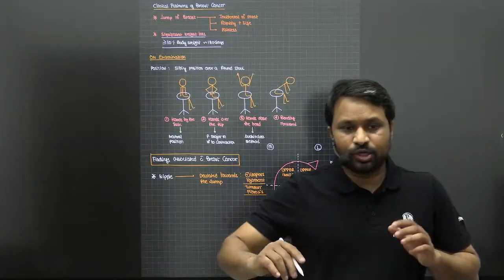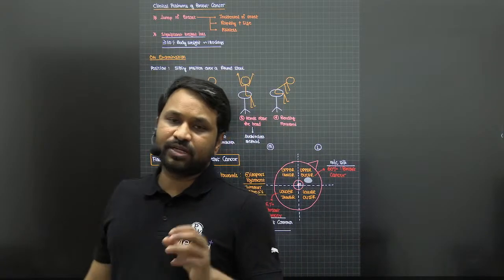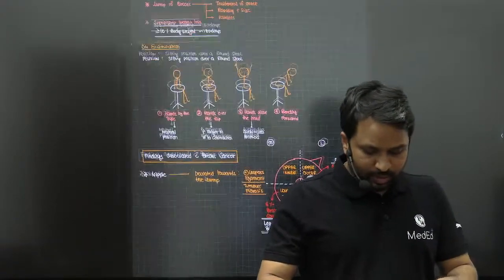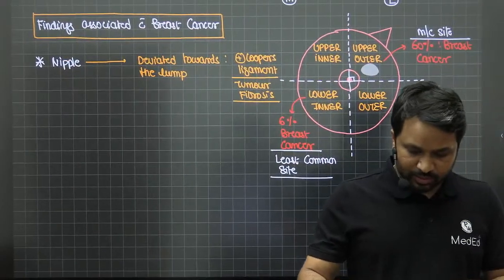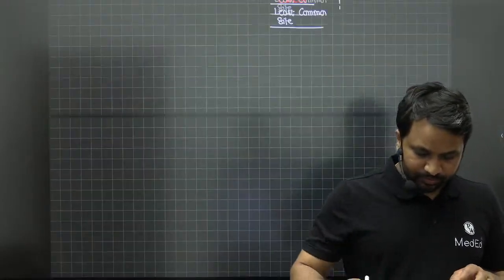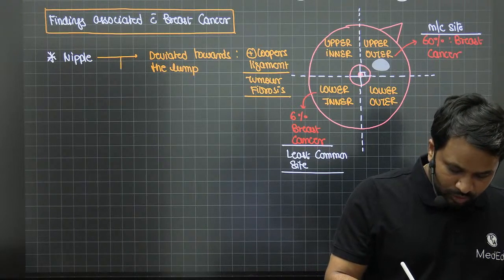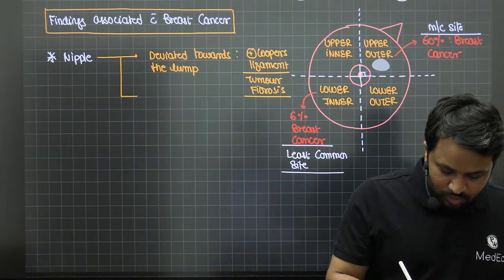Right. So why does the nipple deviate? The nipple deviates because of infiltration of the Cooper's ligament, or it can be because of simple tumor fibrosis. So that is the first finding that you will see for the nipple. Okay. The second finding that you will see is that the nipple not only gets deviated, it will also have